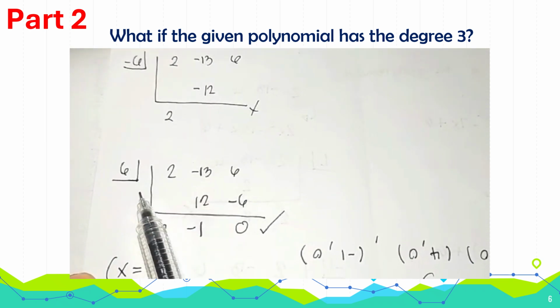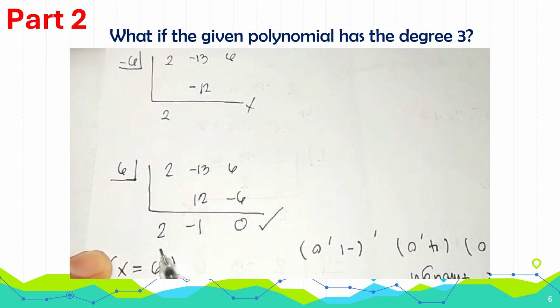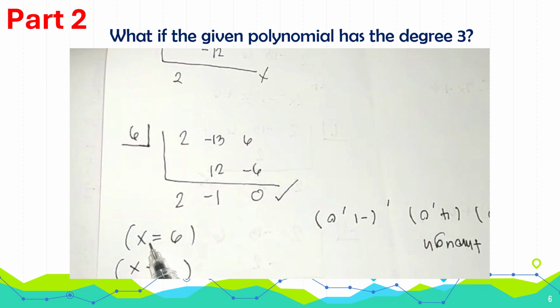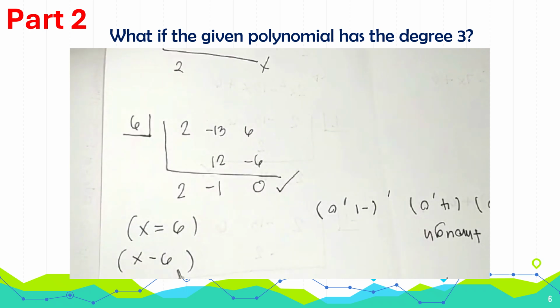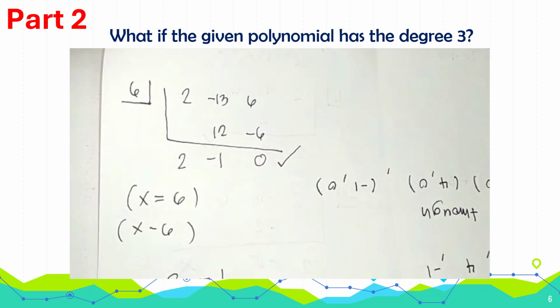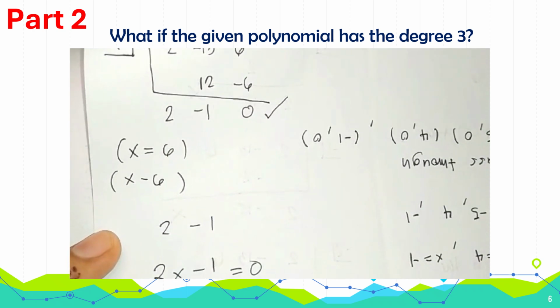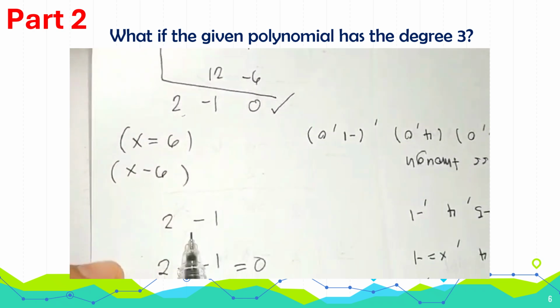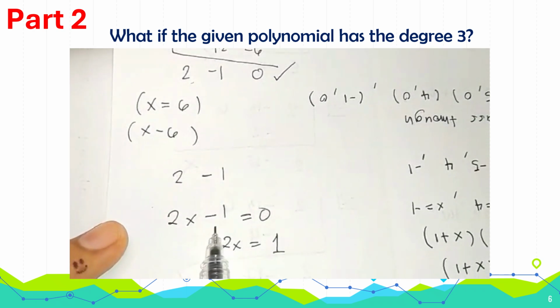Then my last factors for 6, I have +6 here. So this gave me a remainder of 0. So x is equal to 6, or x minus 6 is a factor of the original polynomial function. Since we have the last here, 2 and -1, we rewrite it as 2x minus 1